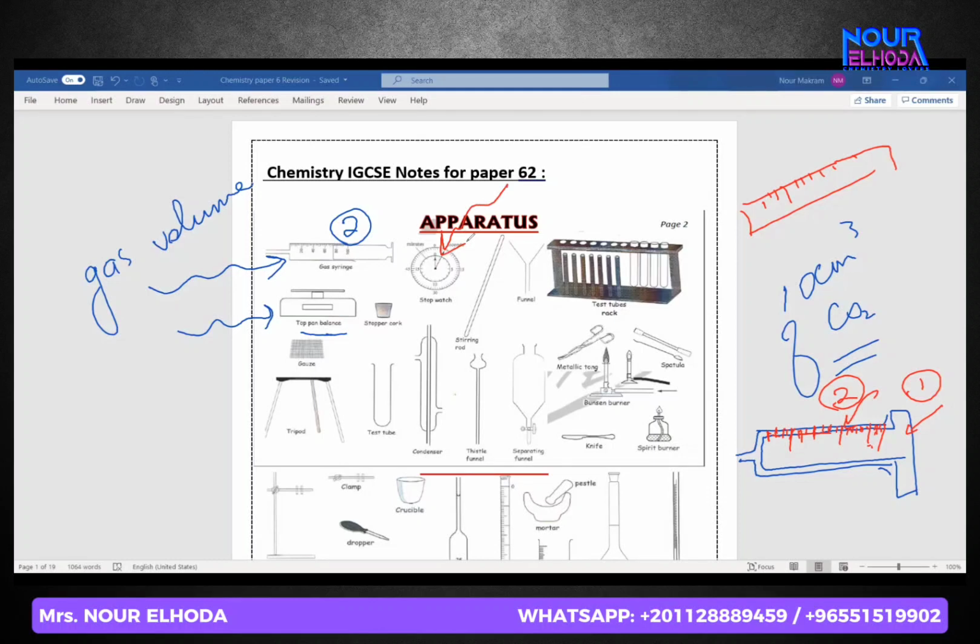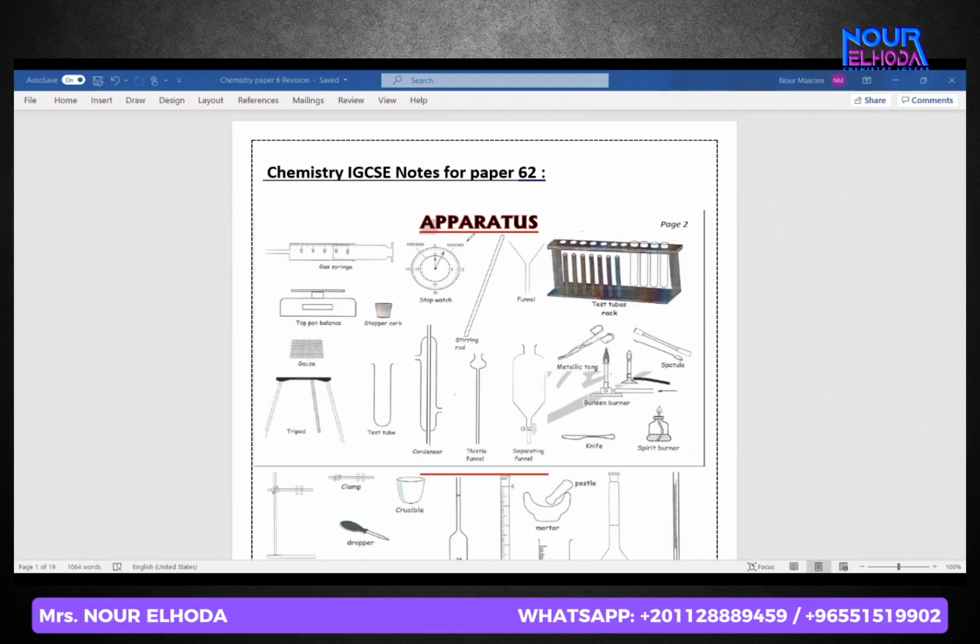Okay. If I want to do filtration for any substance, let's say I'm having water and mud, water and sand, and I want to separate the mud out of the water. How am I going to do it? Who can tell me? We will use a funnel and filter paper. That's true. I'm going to use the funnel, and then in the middle here, I'm going to use the filter paper. I'm going to put the water with the mud. All the mud will be kept here, and all the water will go down. So this means in water and mud, water and sand, you use a funnel.